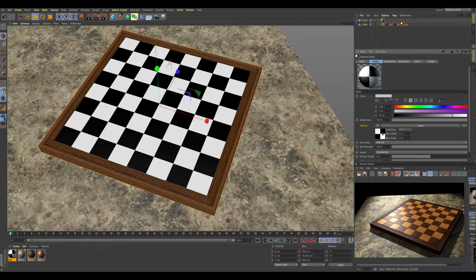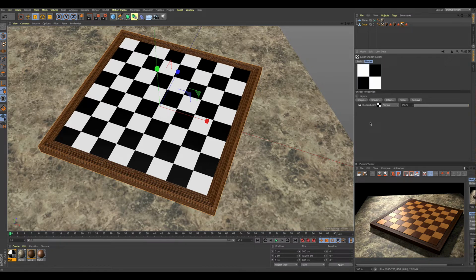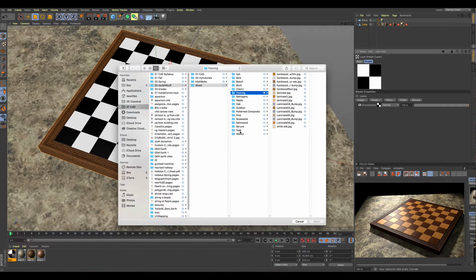So now we click on this thumbnail, and it takes us to this panel where we have the opportunity to add some images into our scene. So the checkerboard is the pattern that we're starting out with. We click on image,